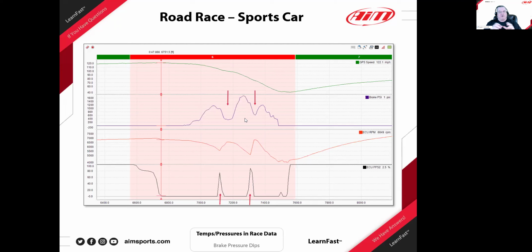When you're in the braking mode, it is an extremely busy time for a driver. Not only are you trying to get right to the maximum amount of braking, you're checking your mirrors because cars are all around you, trying to look for that little bit of a weakness to dive into the corner and outbrake you. And then you're also having to worry about the trail braking and lock up, and then getting your downshifts done and preparing, eyeballing the apex, and when do I turn in and when do I start to release. All of that stuff's happening, and they don't even know they're doing this. And if they're not reviewing the data, they don't see that there's strong room for improvement here